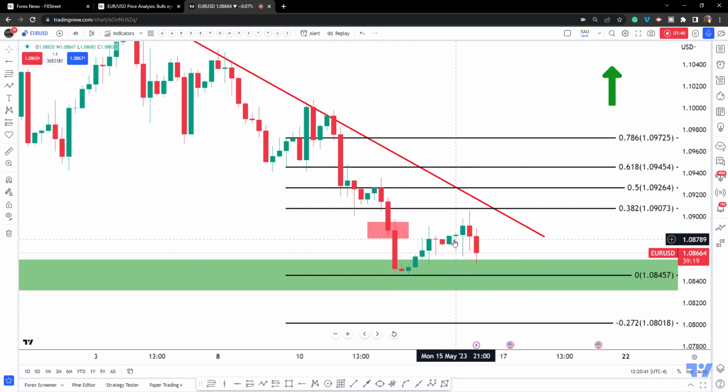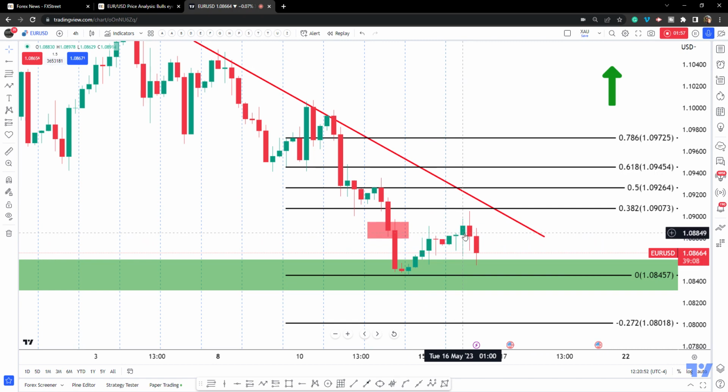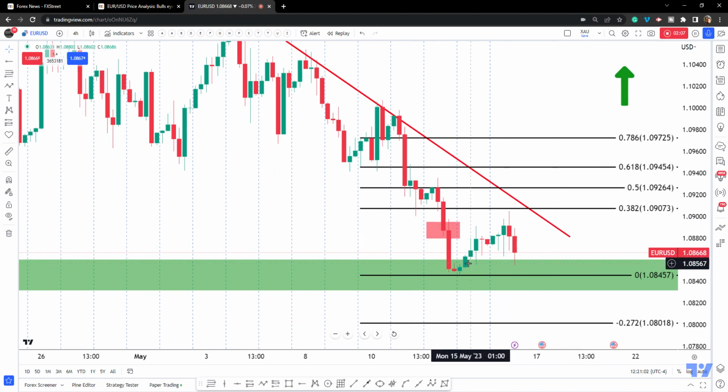So it moved up, if we bring up the days, so it was Asia. There we go. So it moved higher, crept higher in Asia, moved up in London, came back down as New York came in, and we've moved into the longs